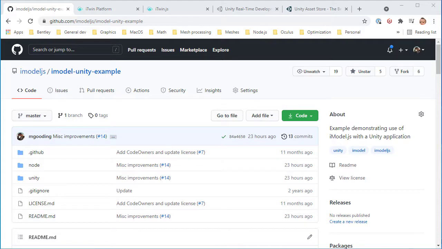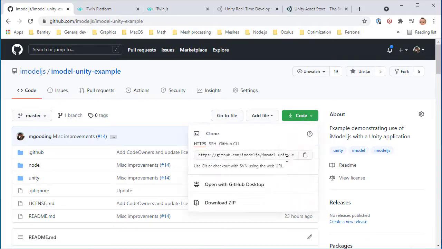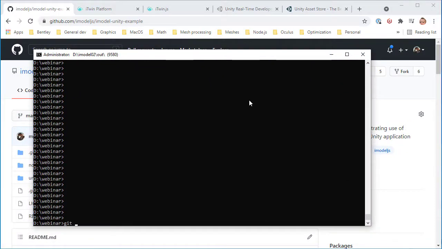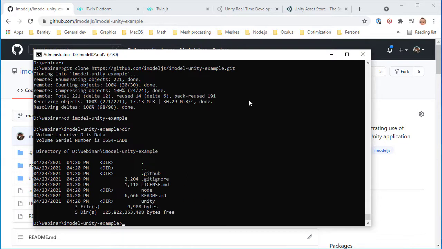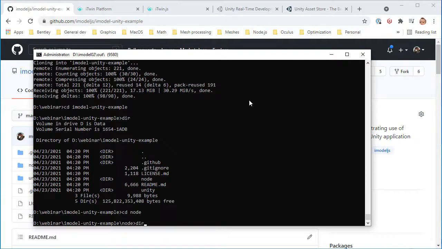So the first thing that we need to do is to clone the repository for the example from GitHub. You can find it at github.com, iModel.js, iModel Unity example. So I'll copy the URL to my clipboard, open my command prompt, and pull it down. Okay. After you've cloned the repository, you can navigate to the Node subfolder